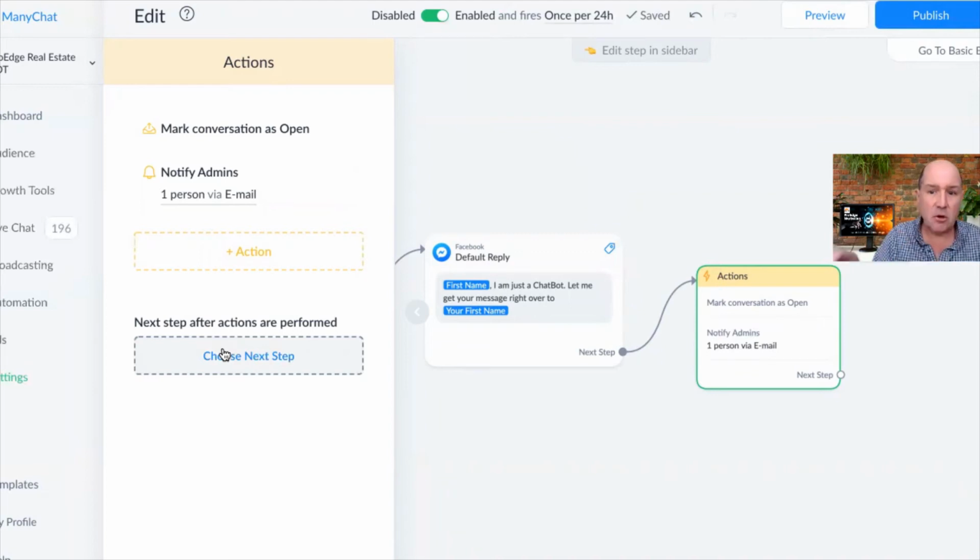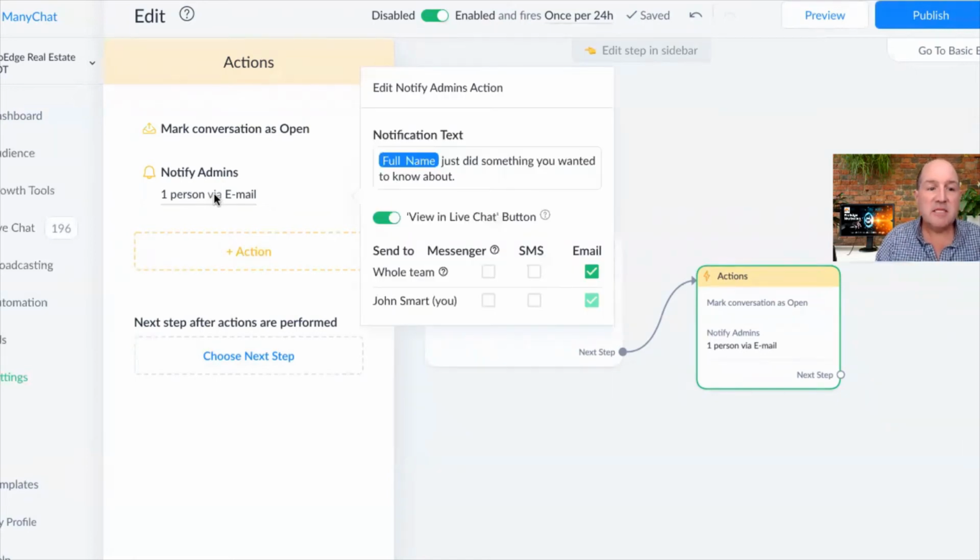Now, when you say send notification, in ManyChat, this saying one person via email, when I click on this, this is the configuration in ManyChat where I can say whatever I want. So when I send a message over to me, letting me know that somebody's on my Facebook page or website and they just type something that they want me to see, I can say, you know, first name just sent